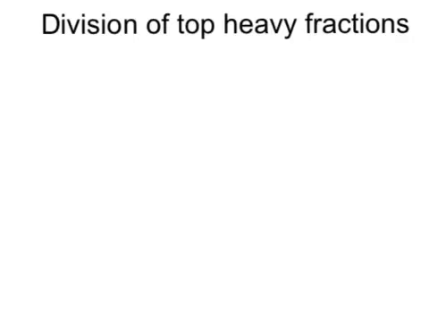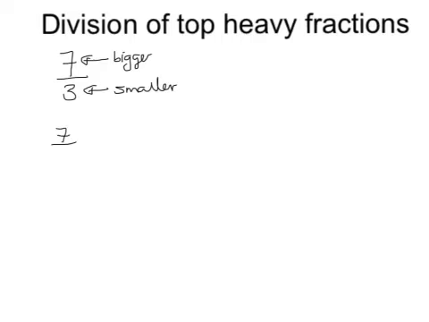Here's an example of a top-heavy fraction, 7 over 3. So 7 is bigger than 3, so this is bigger on the top, and this is smaller. If in doubt, go back to an example that you understand, like basic numbers like this. We could write 7 over 3 is 2, meaning that you can get 2 wholes out of this division,